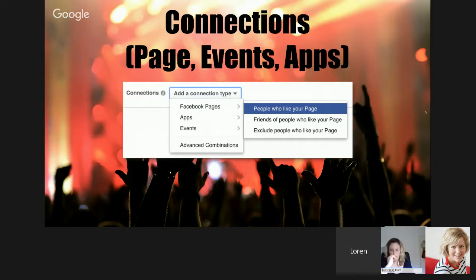So you could run ads to people but exclude those who like your page, or only include people who like your page. And sometimes it's a great other filter that you can do.